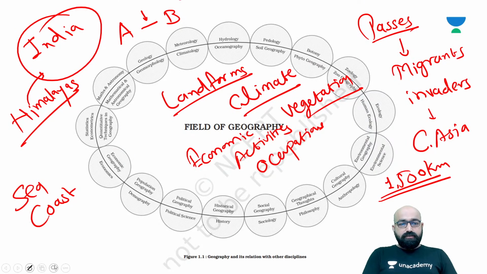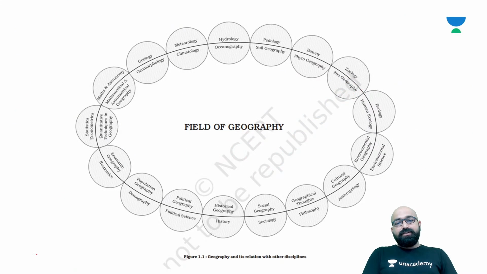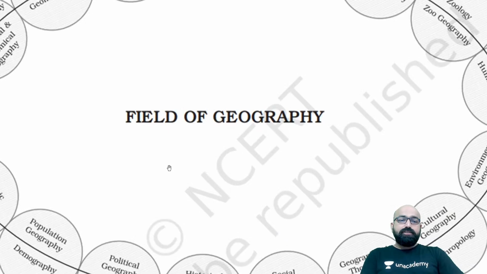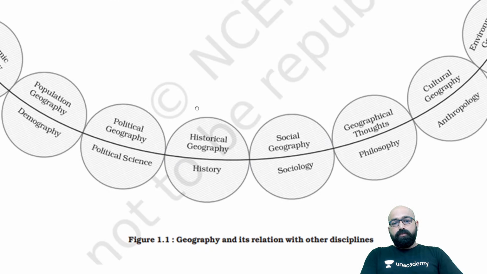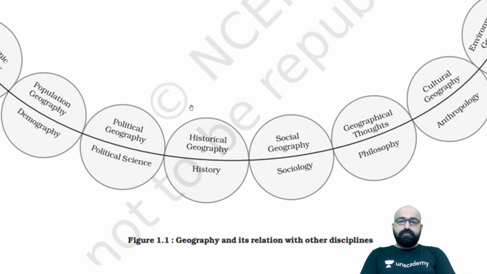Before that, we'll just see the diagram of geography and its relationship with other disciplines. I hope, friends, the diagram is visible. So, first of all, we'll start with social geography,